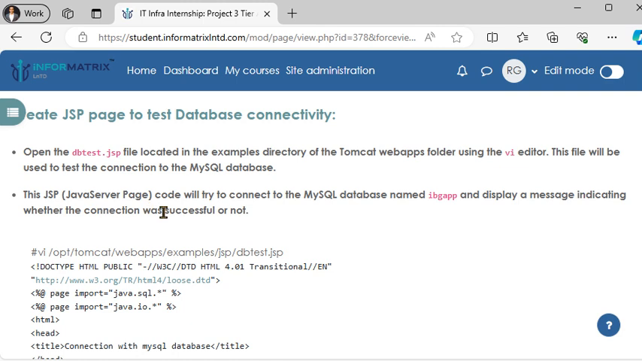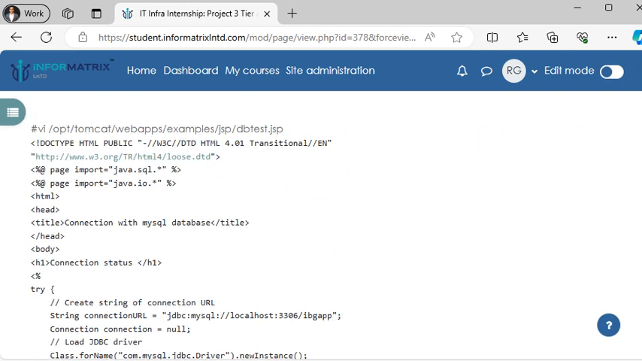This JSP, which is Java Server Pages code, will try to connect to the MySQL database named IBGA and display a message indicating whether the connection was successful or not. Okay, so in this code it is written like that. So I'm just going to